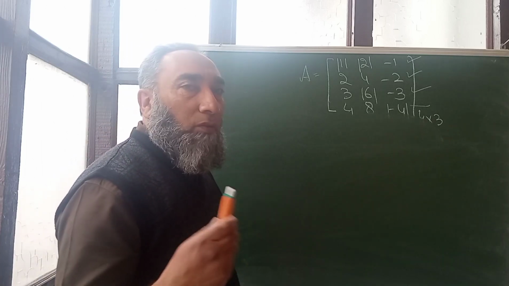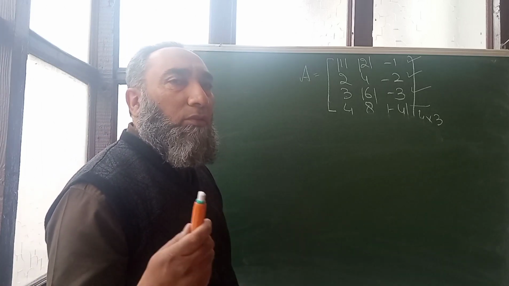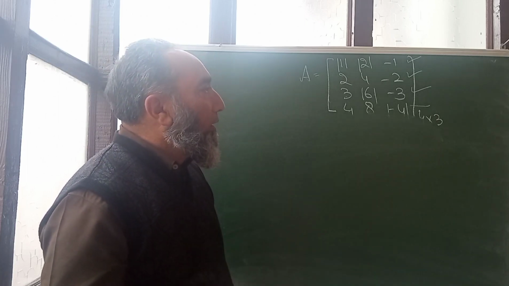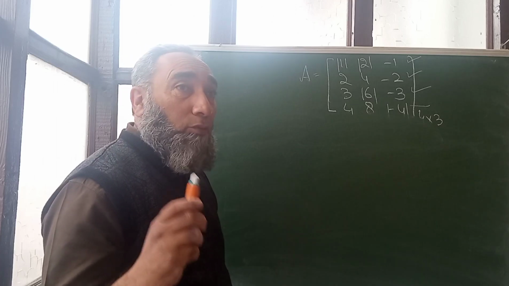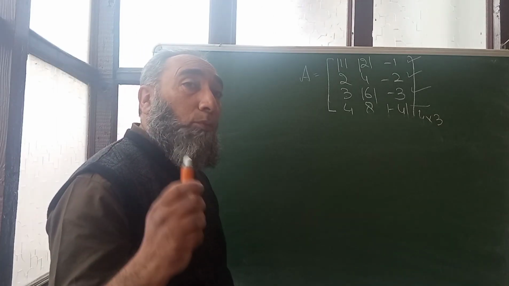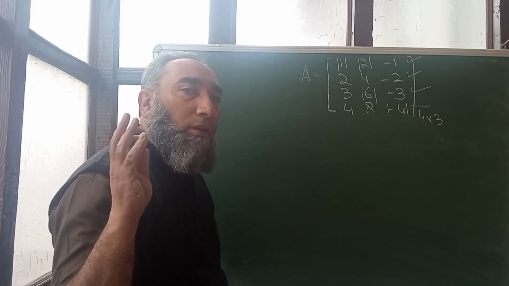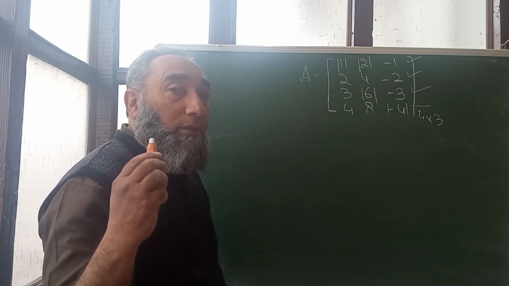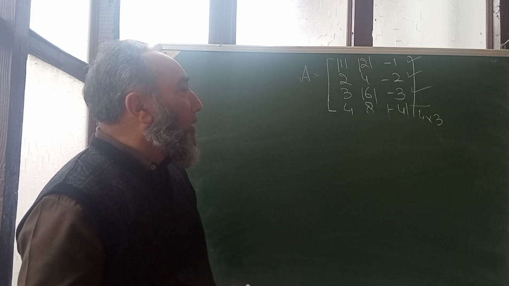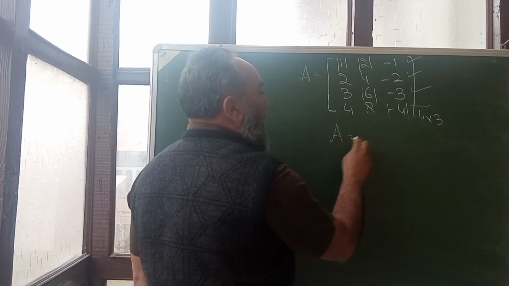And a minor of order 1 does exist and it is not equal to 0, so rank is 1. Now you have to remember that only the 0 matrix has 0 rank, because you don't have a non-zero minor. Now if you have a matrix of order 10 by 10,